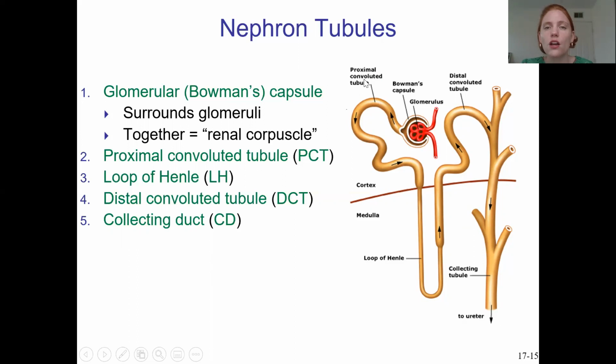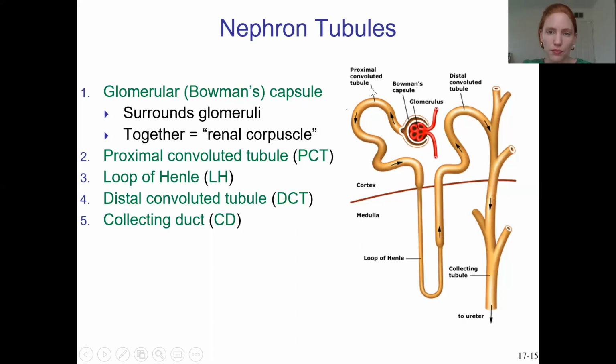Now let's look at the word convoluted. So if you go to the movies and you tell your friend, wow, the plot was so convoluted, what does that mean? It's a lot of twists and turns. It was hard to follow. It was in and out and all over the place. So looking at your picture here, why do you think this is called a convoluted tubule? It just means it has a lot of twists and turns. That's all it means. Okay, so we've got the tubule that's closest to the glomerulus that is twisty-turny, the proximal